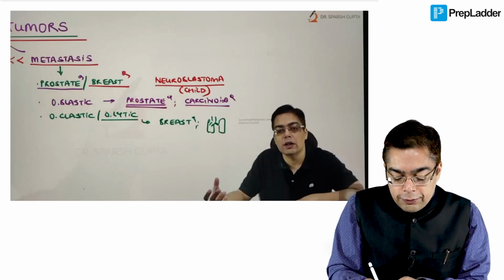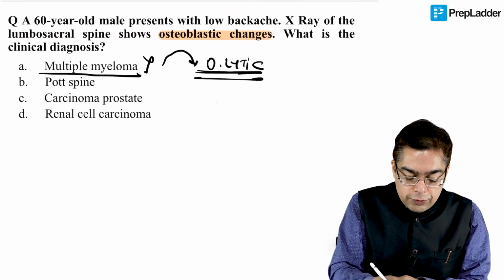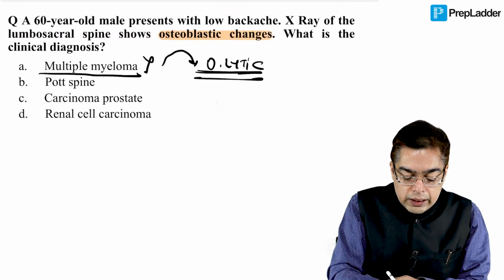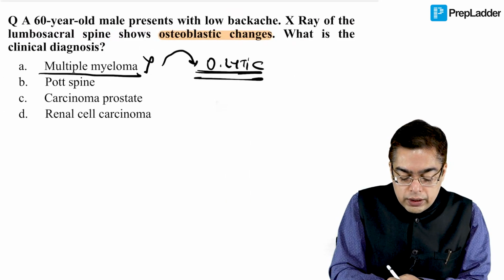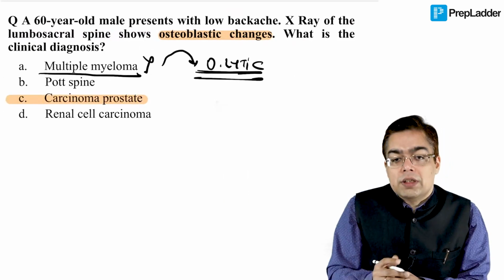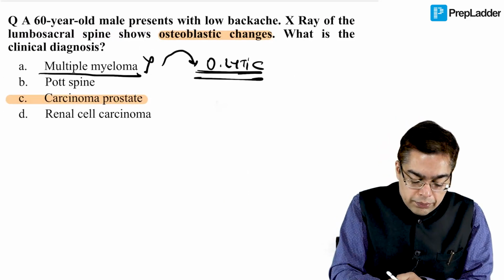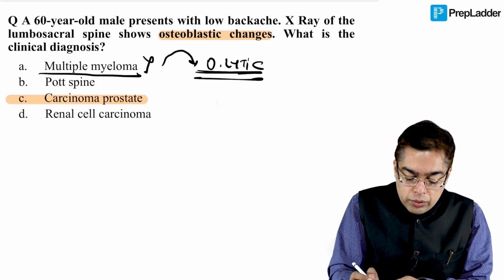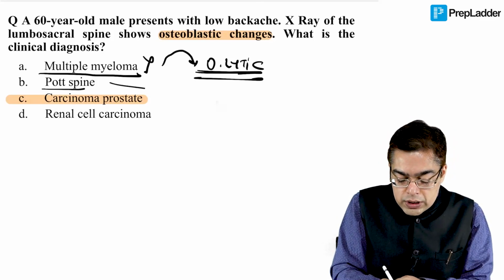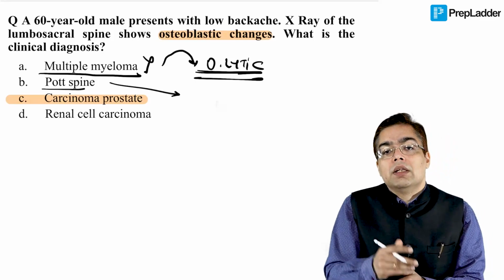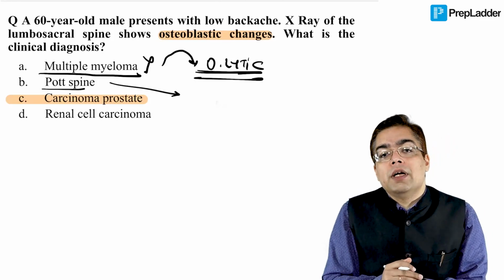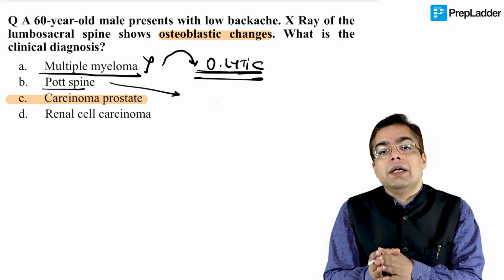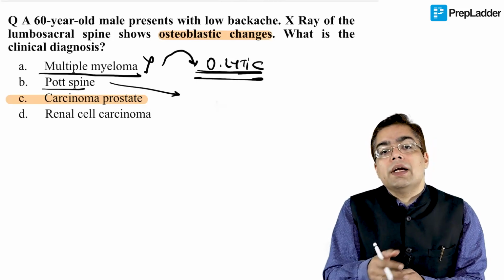So we need to be familiar with the fact that with respect to this kind of question, the answer would have been relatively easy, provided you have not missed out on the keyword or the catchword over here. The answer would have been option C. When we are talking about something like Pott spine, how are we going to rule out Pott spine? Because Pott spine is not going to have osteoblastic changes, and additionally, the examiner would definitely give you a hint regarding the etiology or the reason why he developed Pott spine.